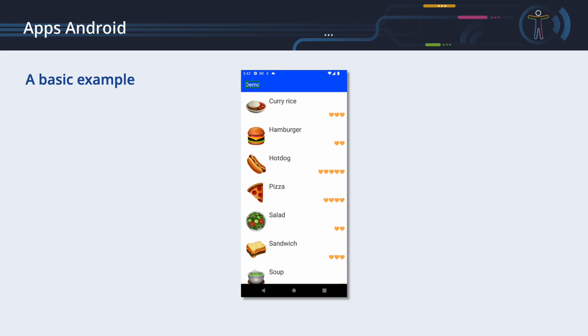One more test. Curry rice. A plate of curry rice with carrots and peas. Image. Your evaluation, so-so, 1 of 12, in list, 12 items. Hamburger. A hamburger with tomato, cheese, ham and salad. Image. Your evaluation, bad, 2 of 12. Hot dog. A hot dog with bread, sausage and mustard. Image. Your evaluation, excellent, 3 of 12. Tap to activate. That's much better.